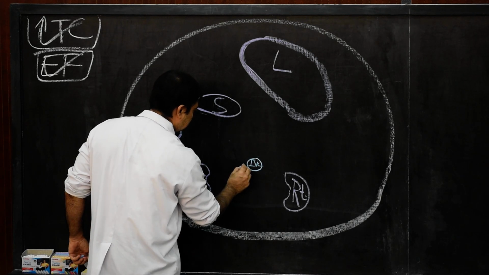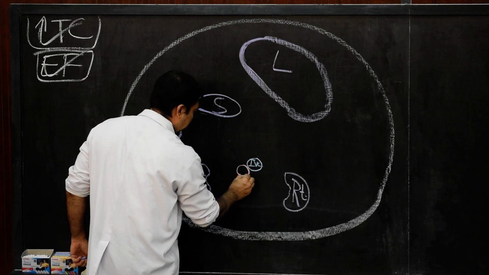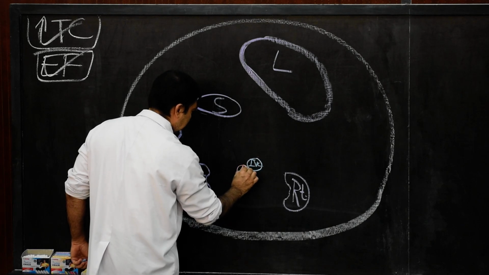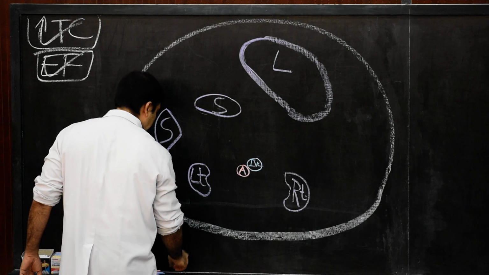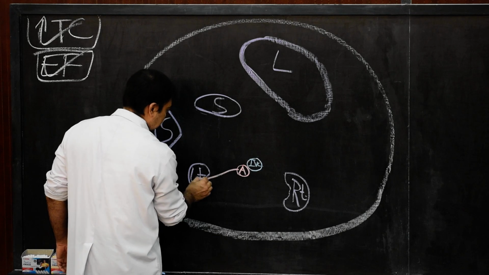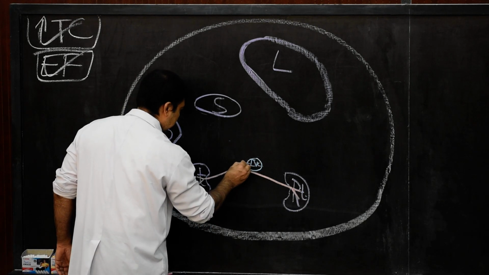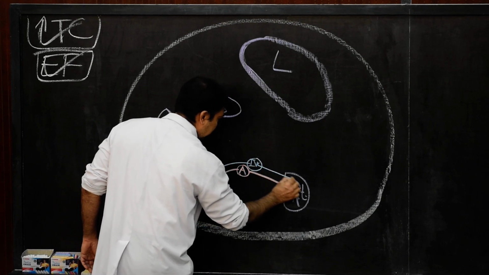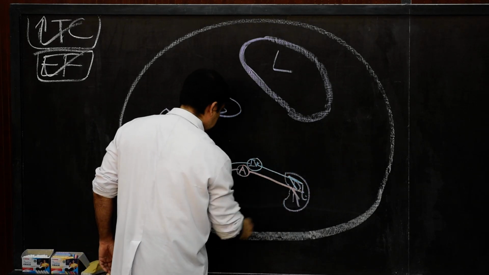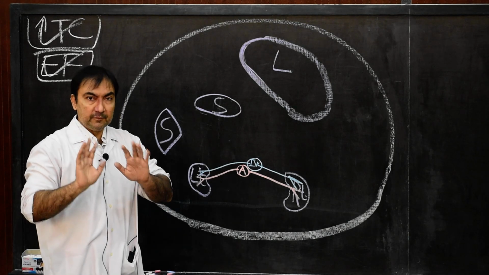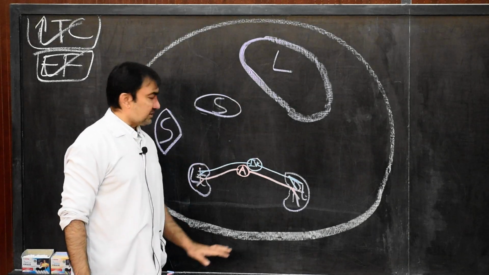Here we are going to show this will be the inferior vena cava, and we are going to show slightly on the left side, this we are going to show the aorta, and then these are the branches of aorta passing in the kidney, and these are the branches of vena cava which are passing in the kidneys. Very simple, entire cross section.